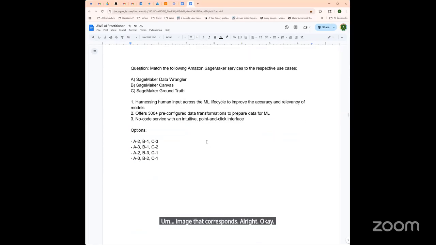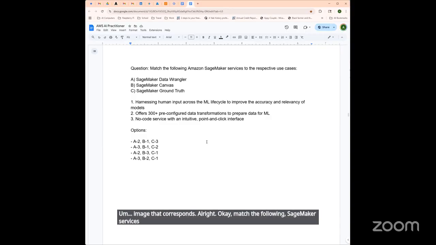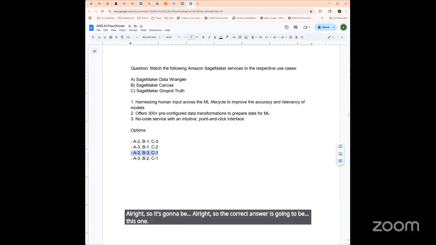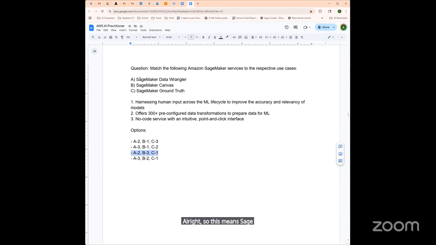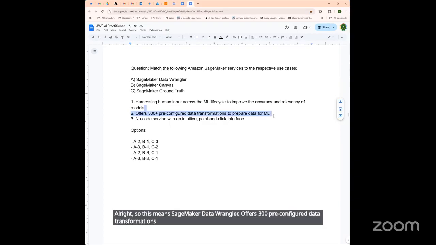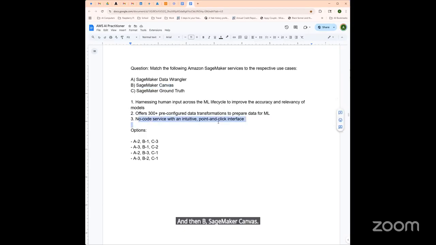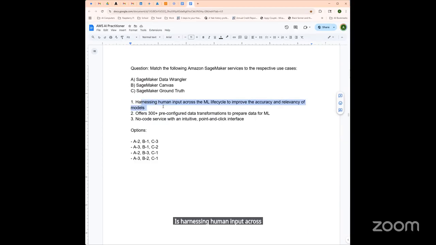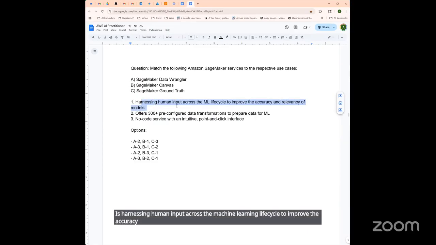Okay. Match the following SageMaker services to the respective use cases. So the correct answer is going to be this one, C. So this means SageMaker Data Wrangler offers 300 pre-configured data transformations to prepare data for machine learning. And then B, SageMaker Canvas is a no-code service with an intuitive point-and-click interface. And then ground truth is harnessing human input across the machine learning lifecycle to improve the accuracy and relevancy of